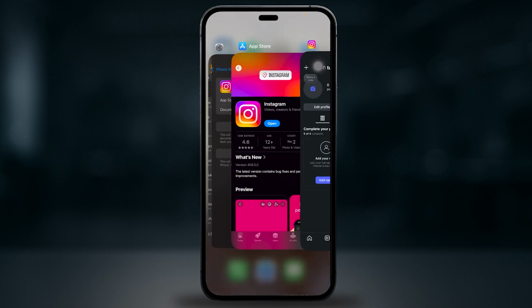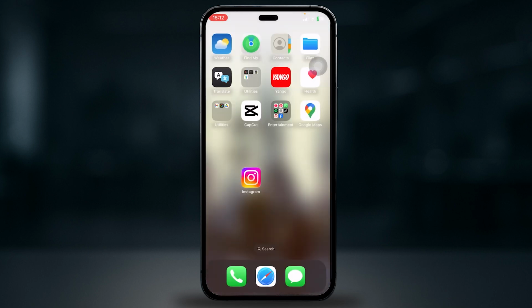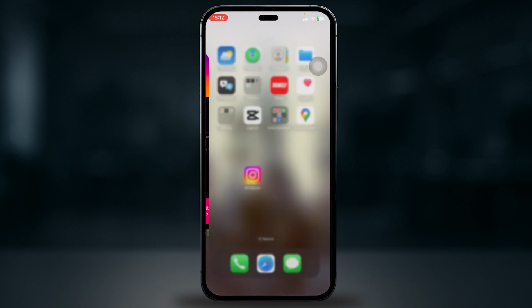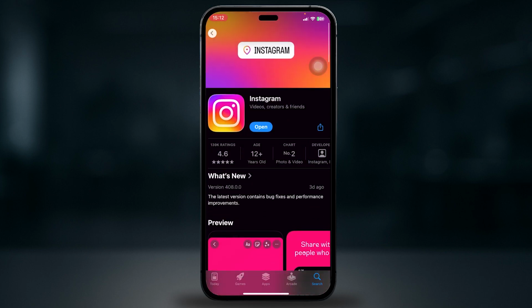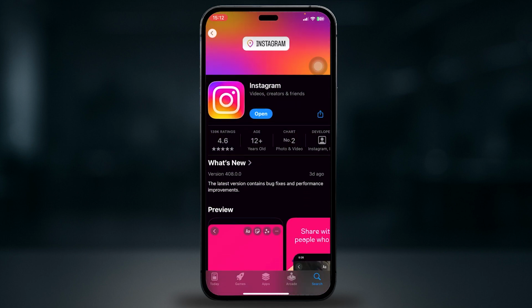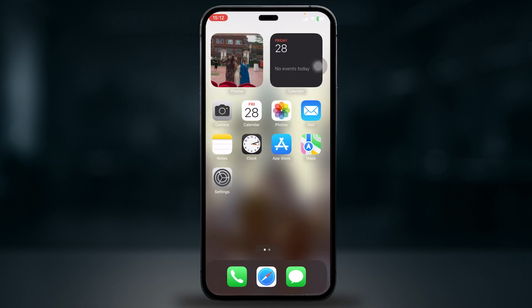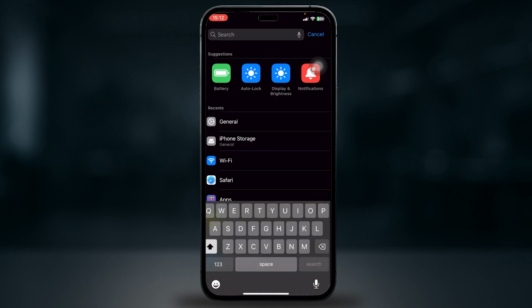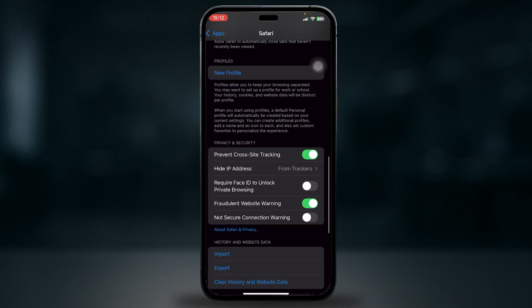Swipe up from the bottom of your screen, find Instagram and then swipe it away. Next, you're going to go to your app store, search for Instagram and then make sure to update your app to the latest version. Now if that does not work, open your settings, search for Safari, scroll down, look for clear history and website data,